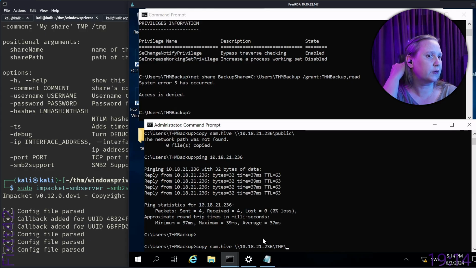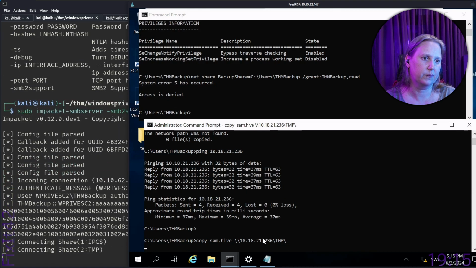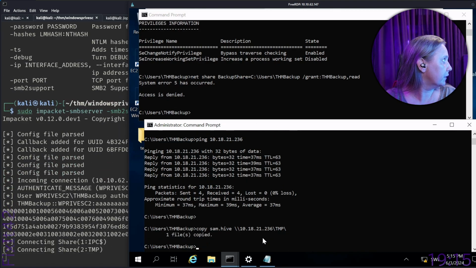Windows might use capitals anyway. I just use the same just to be safe. So copy some.hive. And now,